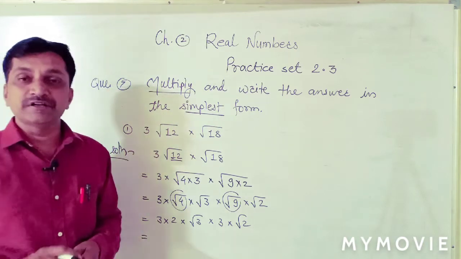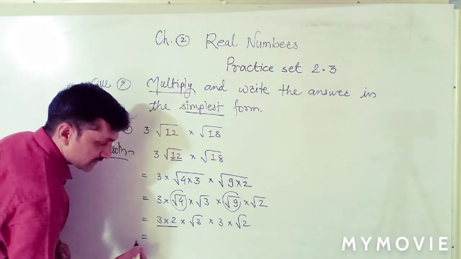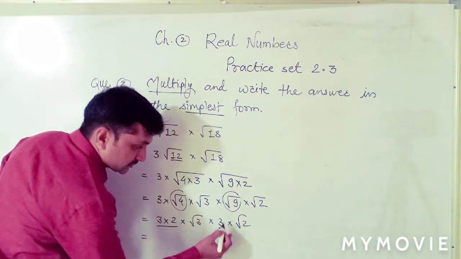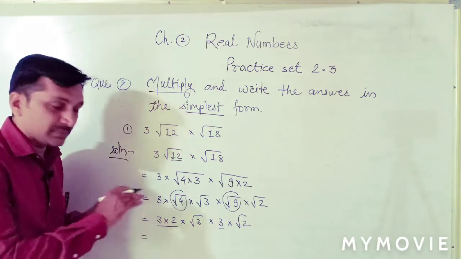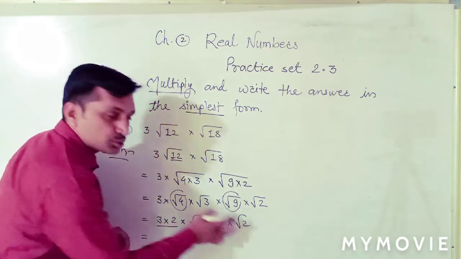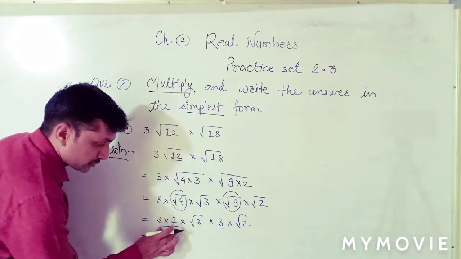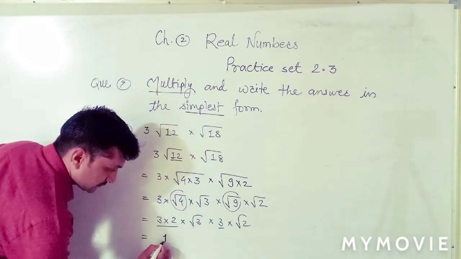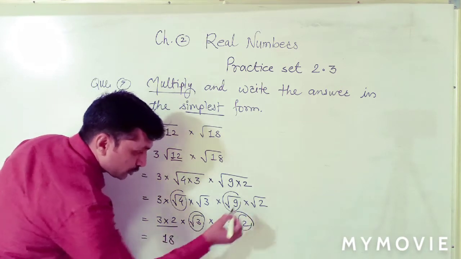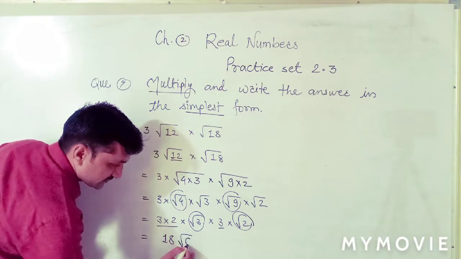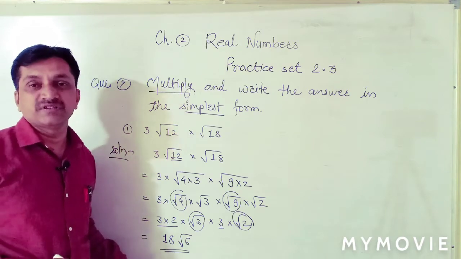In the next step, multiply rational numbers and irrational numbers. Which are rational? Here 3 2s are 6, 6 3s are 18. Now here we have to multiply these three rational numbers, and root 3 into root 2, their product, right? Then 3 2s are 6, 6 3s are 18. And in the same way here also, square root of 3 multiplied by square root of 2, 3 2s are 6, square root of 6. This is the answer. We converted it into simplest form. This is the simplest form, mixed surd.